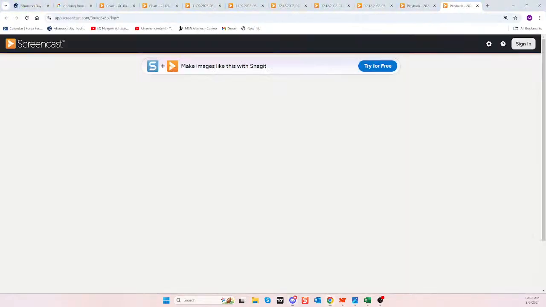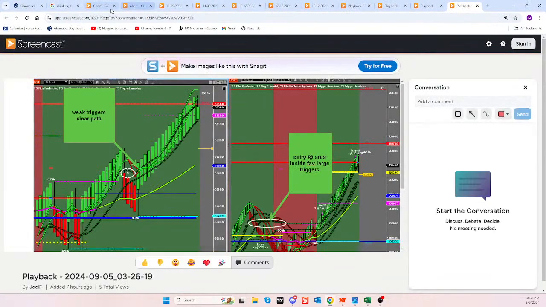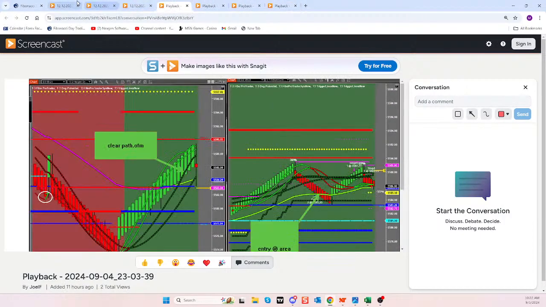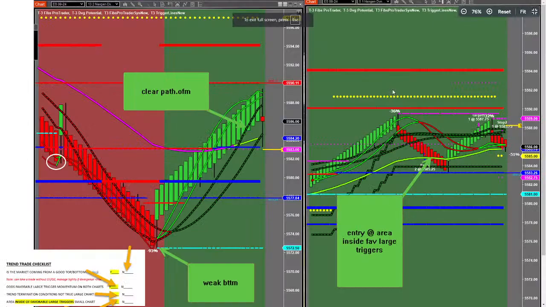Every chart that I look at, I'm going to go back to in terms of momentum, clear path, and an entry area. And then Joel's doing playback, and he got us going. He put these in last night. I like it. Hanging out, doing some playback. Odds favorable, momentum, clear path. Did a great job labeling the advantages. And from those advantages,